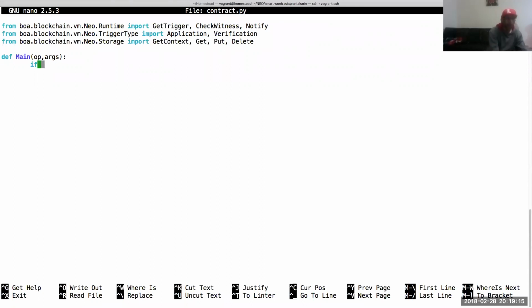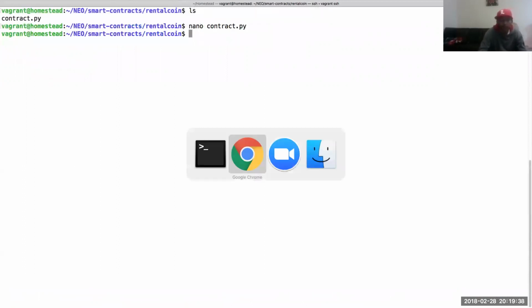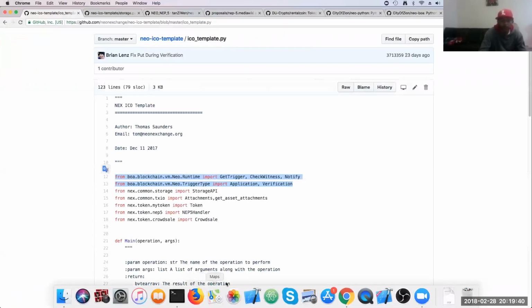If op equals deploy, then we're going to call, actually I'm going to open this in Atom because I don't like the way it's spacing that.